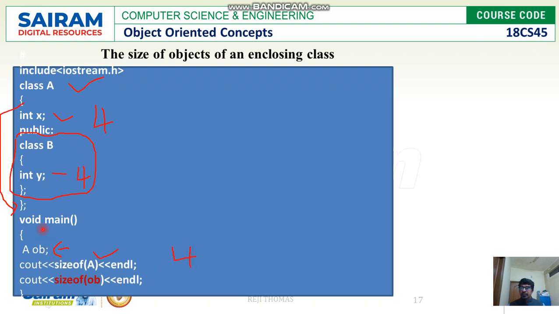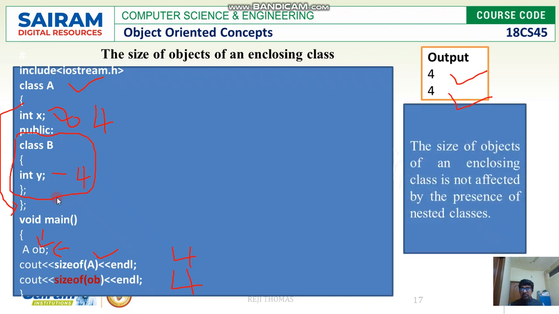Even if I print the size of the object of the class using obj, in this case also I'll be getting the size as 4. So the output is going to be 4 and 4. Why? Because the nested class will not come into the account of the enclosing class. We have taken only the data member into consideration, which belongs to class A. What was there in class B will not come into the picture at all.